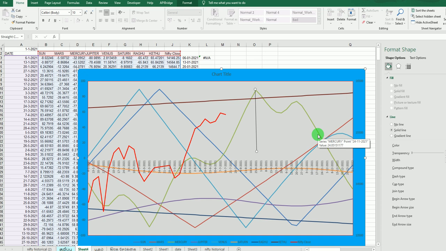Now everyone knows how to prepare planetary lines and how to combine them with the price. It is the easiest one. Someone asks, please share the Excel sheet of this preparation. I explained clearly how to prepare each and everything. Try to prepare it on your own, then you will get more confident about this. That is why I am teaching that. If I give the Excel sheet, I think you won't learn yourself.